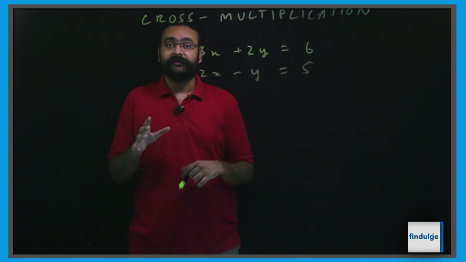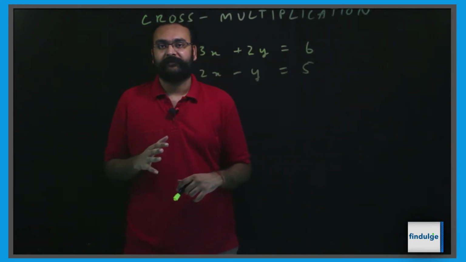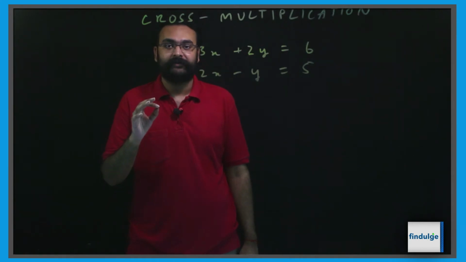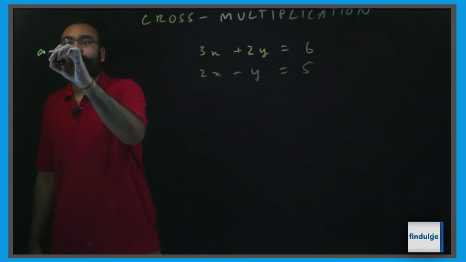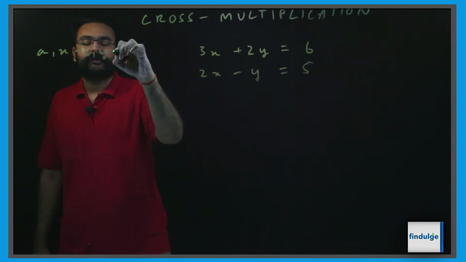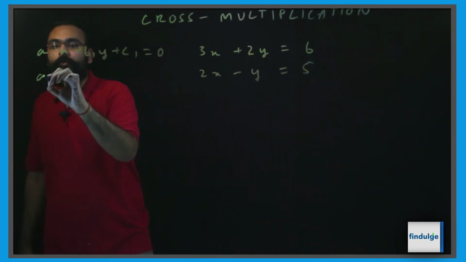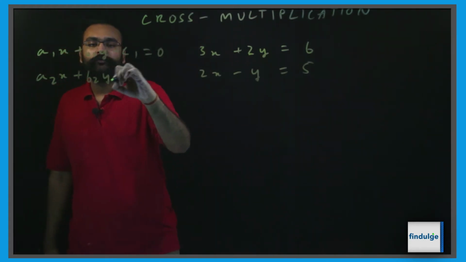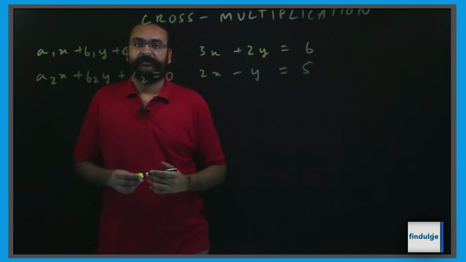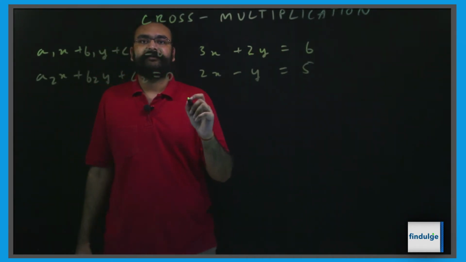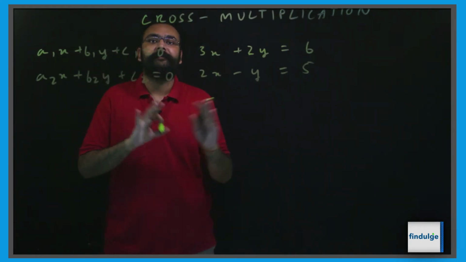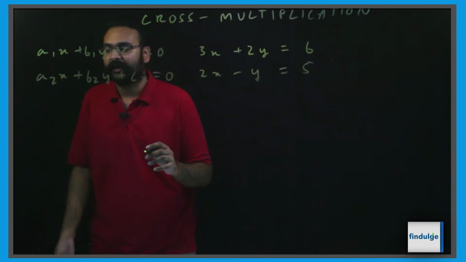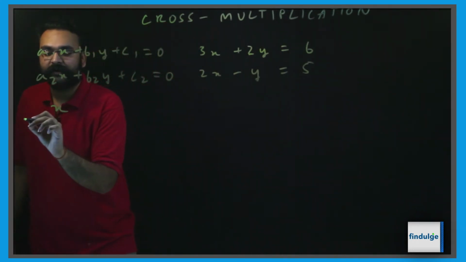So let's look at the final method, which is the cross multiplication method. Now the cross multiplication method is a formulaic method in which, ignoring our standard equation for now that we've been using, let's go back to the case where I have a1x plus b1y plus c1 equal to 0 and a2x plus b2y plus c2 equal to 0. Cross multiplication method is simply a case where you make 3 fractions and make them equal to each other. And the fractions are x divided by